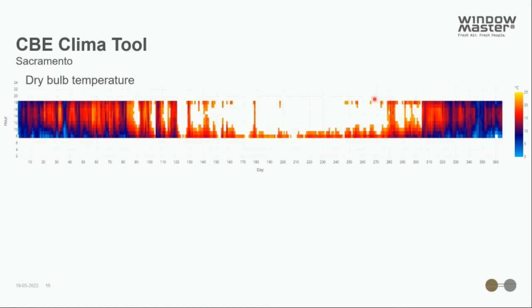And it's not a surprise that the hours during the summertime is mainly the time where we don't have the necessary temperature difference to achieve our ventilation flow rate based on our design. Now we could make a whole spreadsheet where we calculate the ventilation performance or the ventilation rate for each hour throughout the year. That's not a very difficult task, but I would say that in this case, it's mainly the task to look if the ventilation rate will be above or below the ventilation requirement that we have defined for